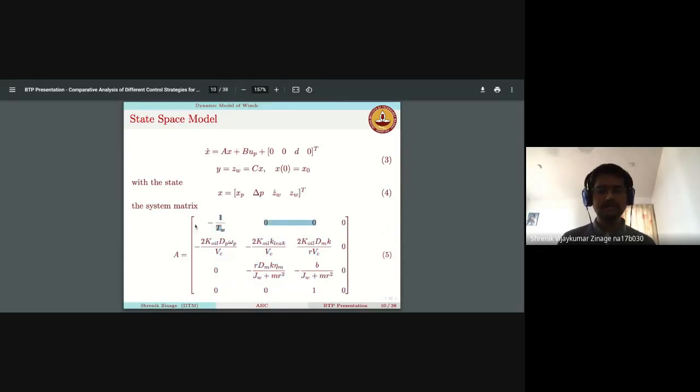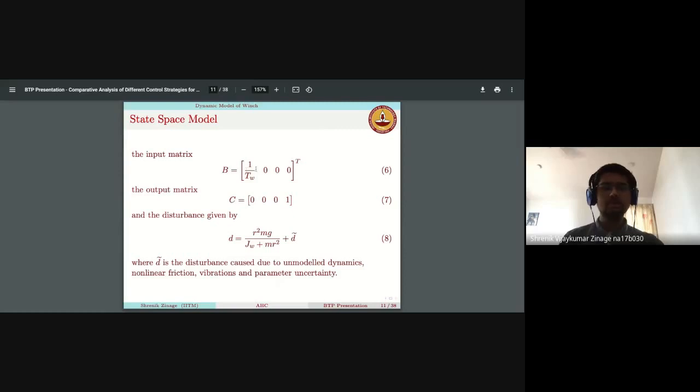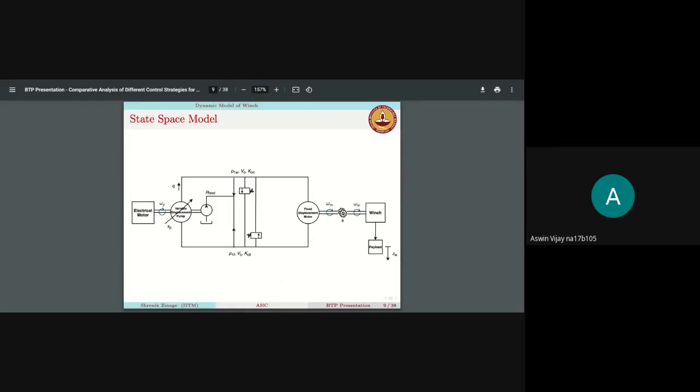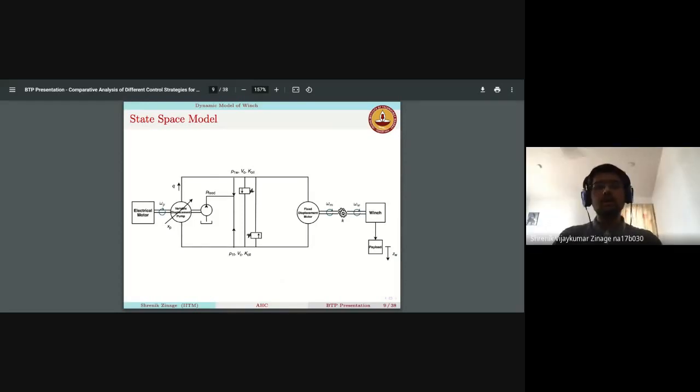It's like saying that XP dot is equal to -1 by TW times XP plus U by TW. So if you change the control input, it would take some time for the swash angle to change, depending on TW. Over here I set the time constant as 1 second. So it's an exponential rate. It's like saying that if I make a change of 1, it would take approximately 1 second to see that change in the swash angle.